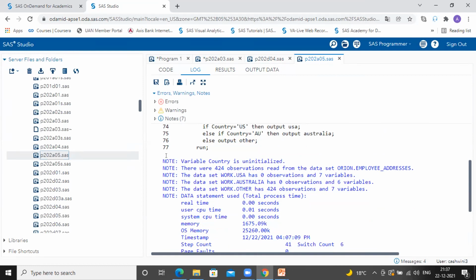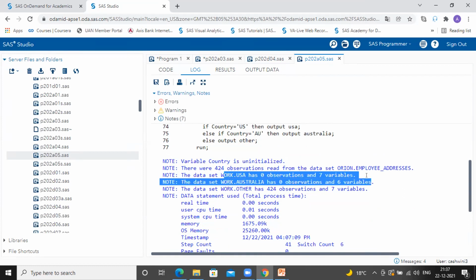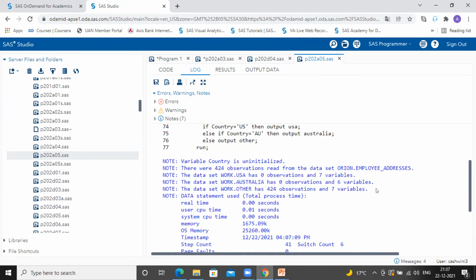See, there is one note: variable country is uninitialized. Whereas it's telling USA 0 observations and 7 variables, Australia 0 observations and 6 variables, other 224 observations with 7 variables.